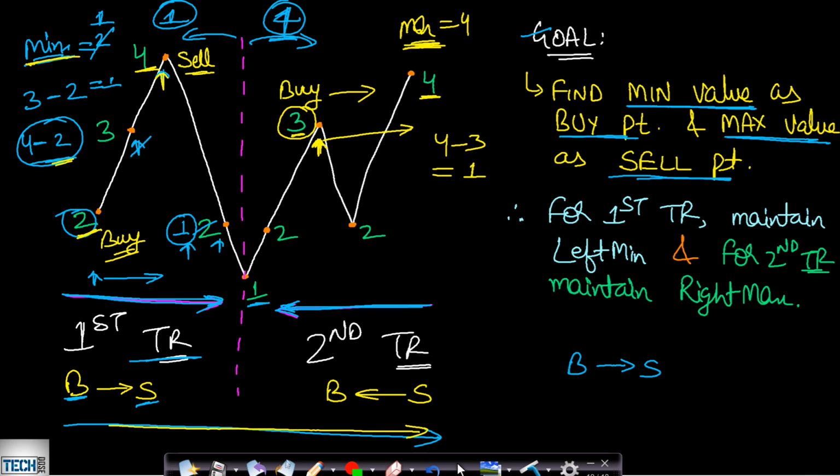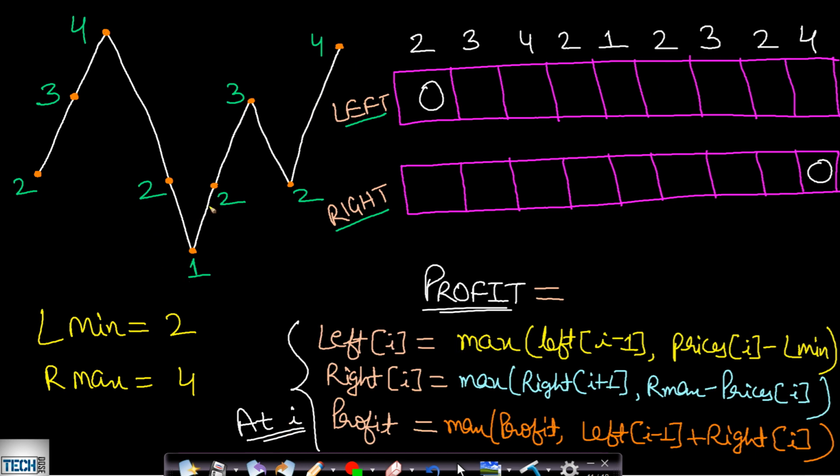Having understood this, let us now go through the algorithm dry run so that it will be clear to you. Now before solving this problem, I have taken the same example, and now in this case, at any given point I will be taking basically two arrays, left and right. So left at I will be saying that if we are at a point I, then what will be the maximum profit if we have divided the entire graph at point I, and we are making one transaction at max on the left hand side.